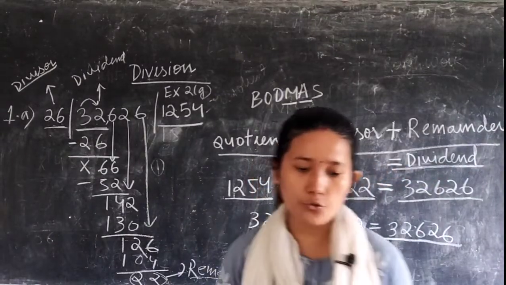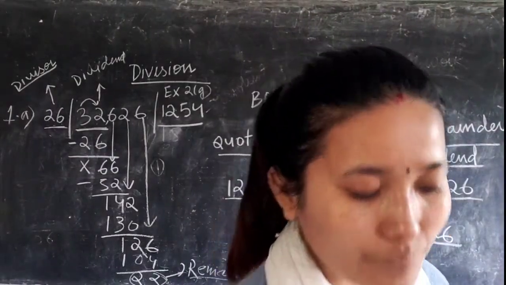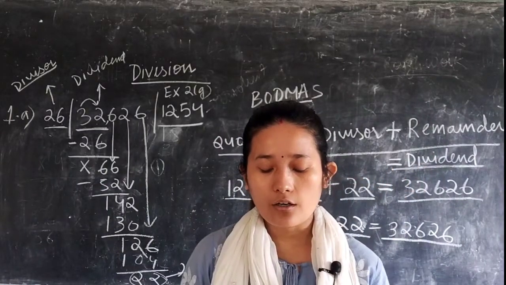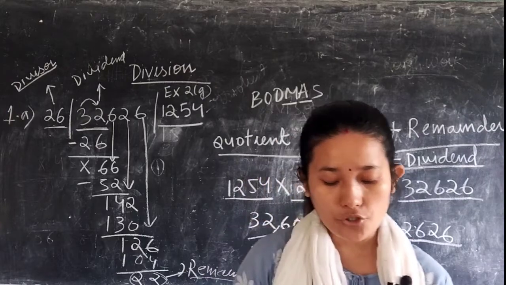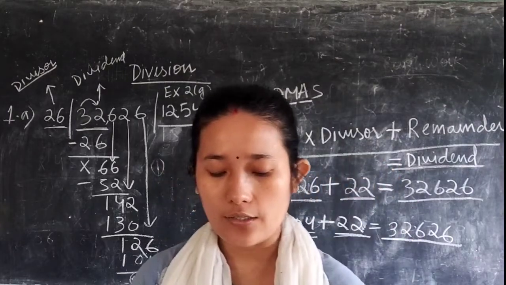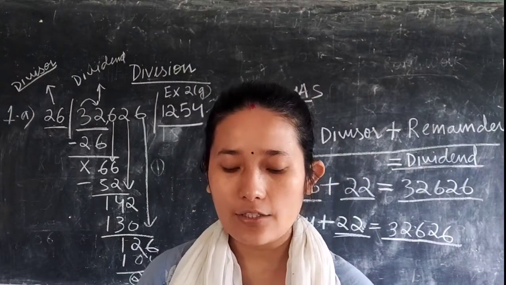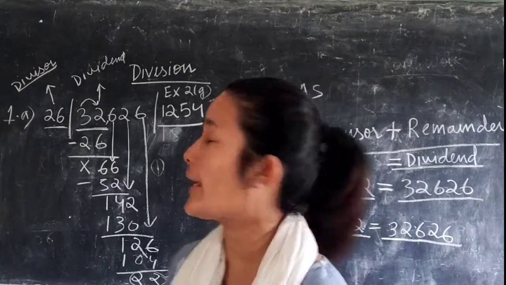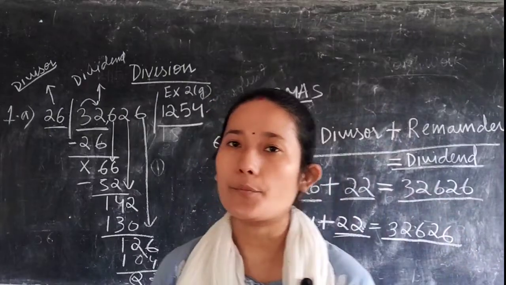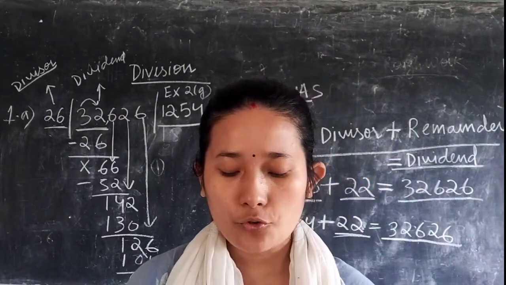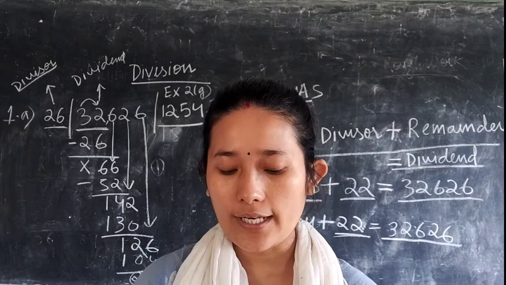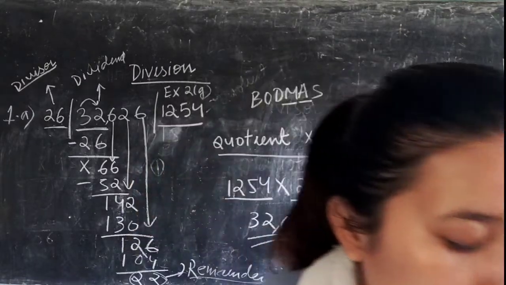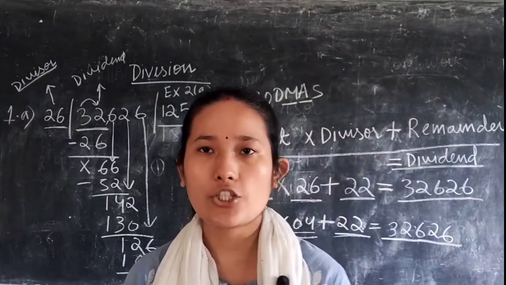I hope you could understand this. You can easily do the other questions from exercise 2Z. First you need to divide, and question number 1 asks you to even check the answer. So, you can easily check with the help of this formula. Remember the formula. And in question number 2, you simply divide and find the quotient and remainder. Next we will be doing word problems on multiplication and division.